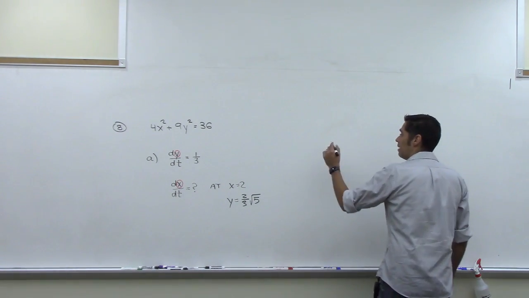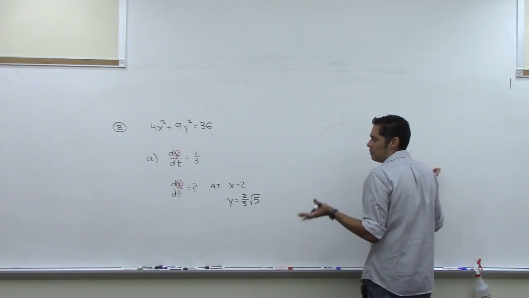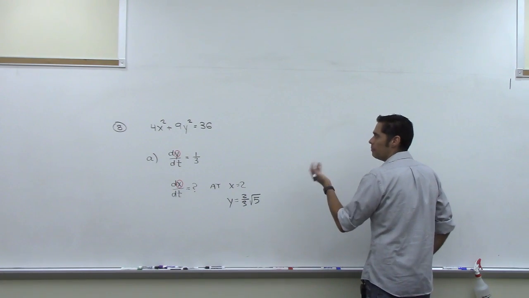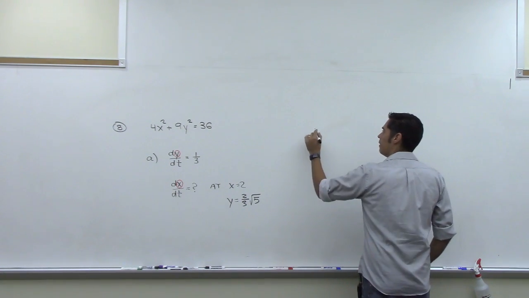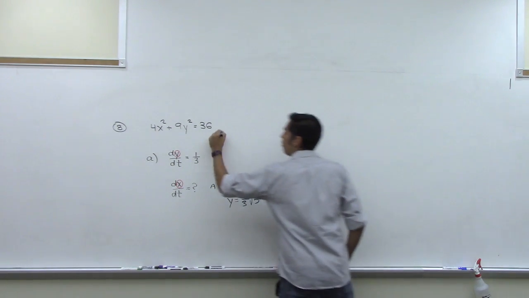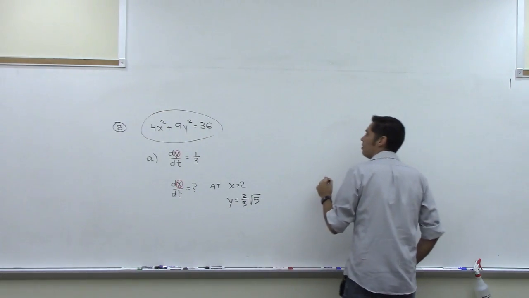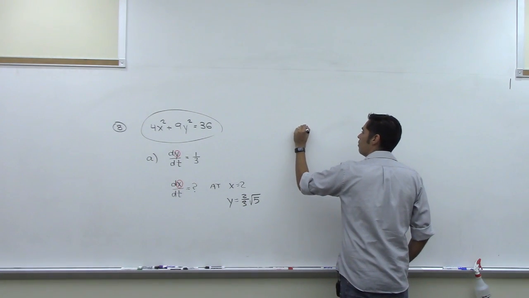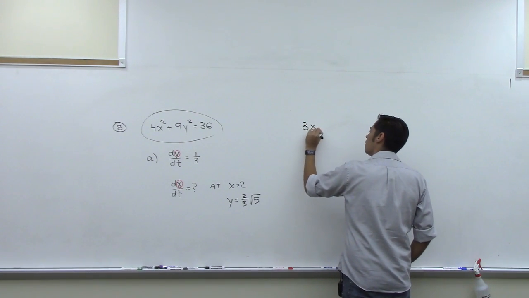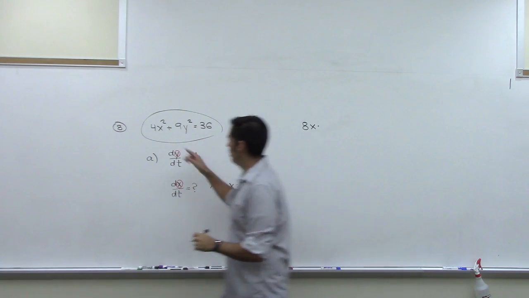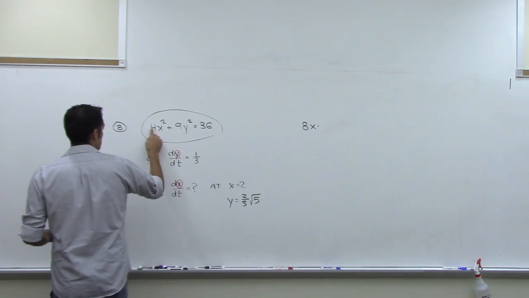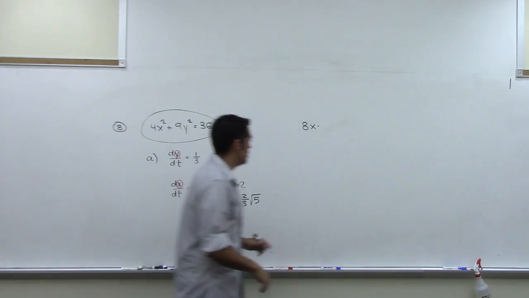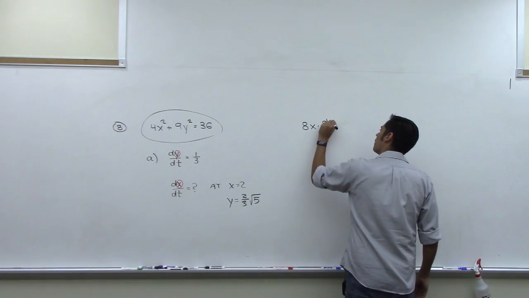So I'm going to take that equation. I don't have any pictures I need to draw here. I could draw the curve, but I don't really need it. I'm going to take the derivative of this whole thing with respect to time. So the derivative of 4x squared with respect to time will be 8x times, I just did the power rule, the 2 came out, replace it with a 1, and now I take the derivative of x with respect to time, which is dx/dt,